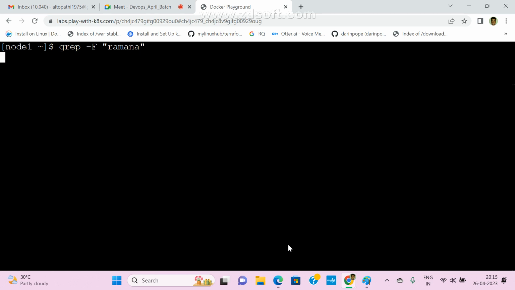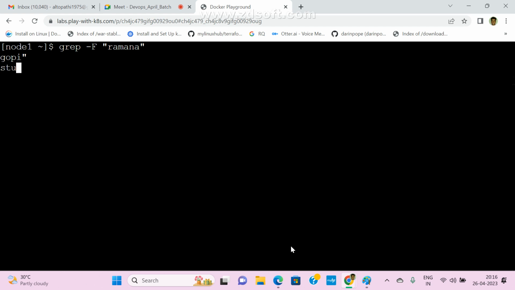Press enter, and here we need to pass one more string, for example Gopi, in double quotation. That's it. And also we need to pass the file name. What is the file name? stu.